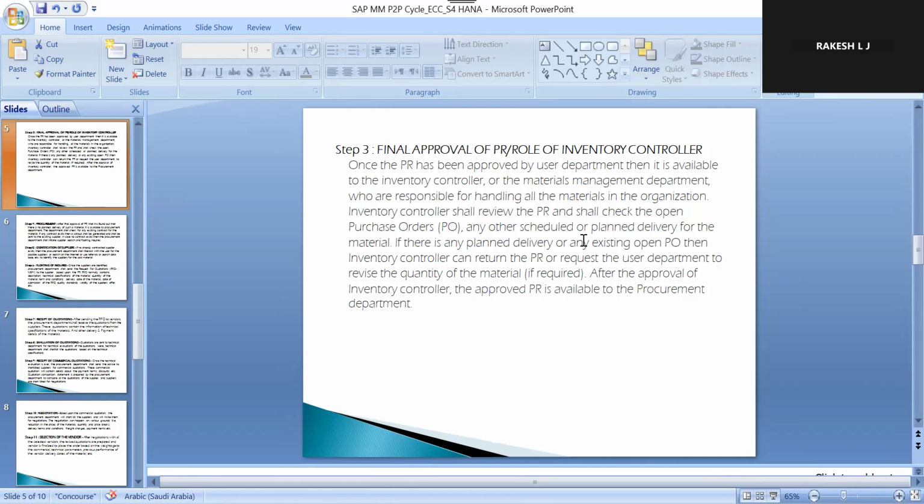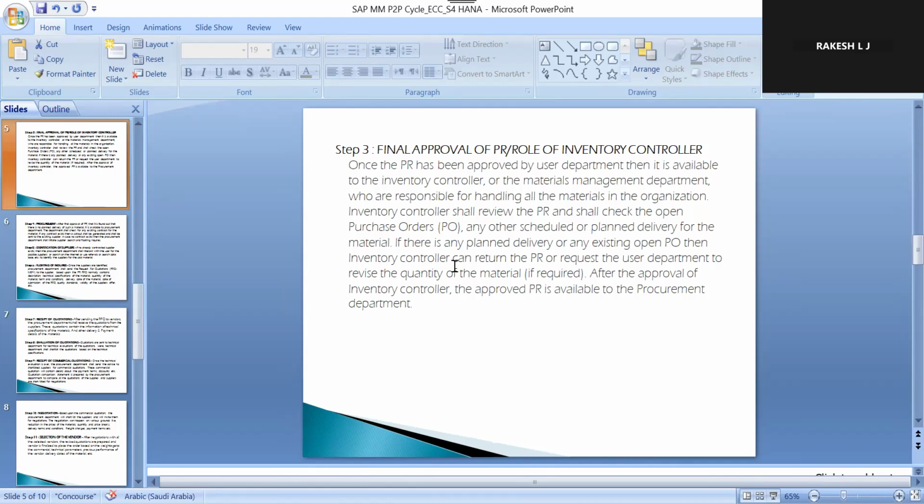They will also check whether any delivery has been scheduled or planned for that material. If there is no planned delivery and no existing open PO,